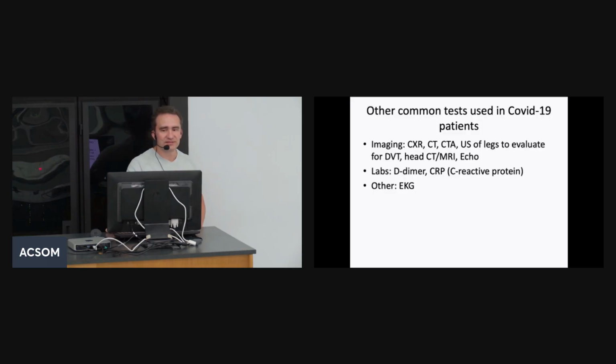You may check an ultrasound of the legs to evaluate for DVT as well, especially if it's asymmetric. If one leg is a normal size and the other one is swollen, then it's highly suggestive of a clot. For patients who are confused and have neurological symptoms, you may consider doing head CT or MRI. Young people, like 20 or 30 years old, would very rarely be in the hospital for this. So the typical population will be 70 or 80 year old patients who already have like 5 different comorbidities. That's why they may need an echo to see their heart function,